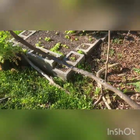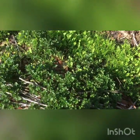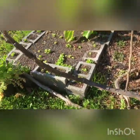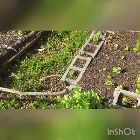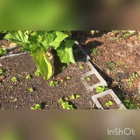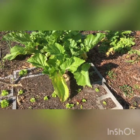Hope y'all can see things. I know it's really hard with the intense morning sun, the glare. This is all mint, so much mint. One of my biggest mistakes as a young gardener 15 years ago was planting mint. I didn't even have it in the ground, I had it in pots, and then the roots escaped and